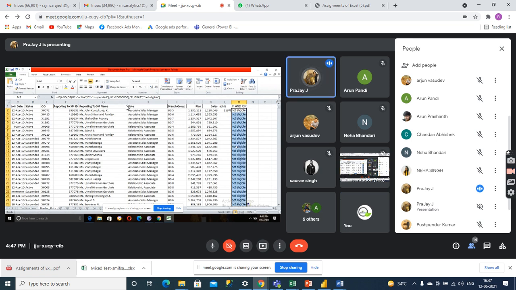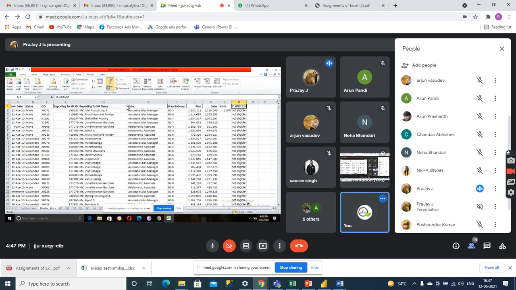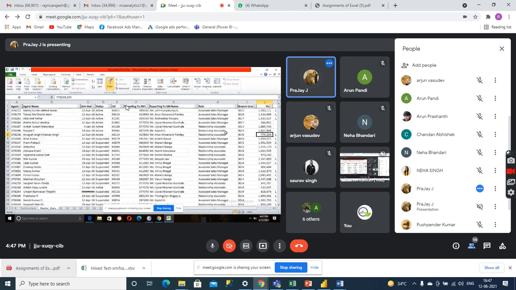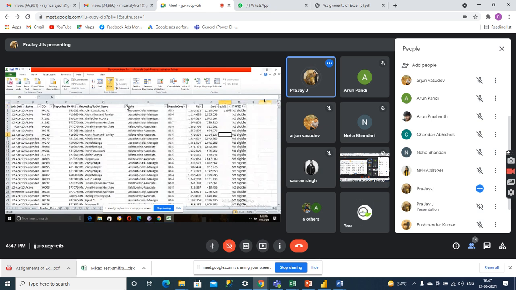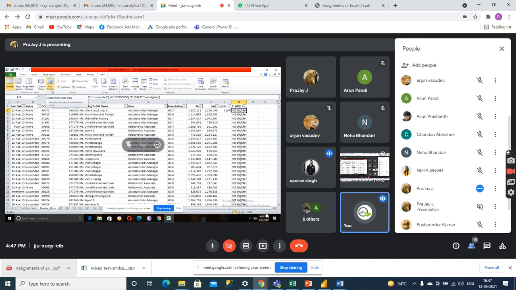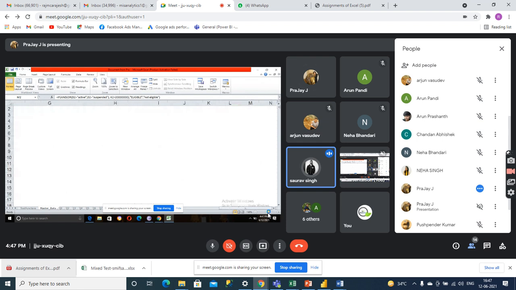Still everything is not eligible. Now do the filter. Go to Data and Filter. Check. Everything is not eligible. Okay, go again into the formula. Firstly zoom out, increase the zoom at the bottom side, your zoom is 100%. Increase it more. It's not 20 lakhs you have taken, you have taken 2 crores.